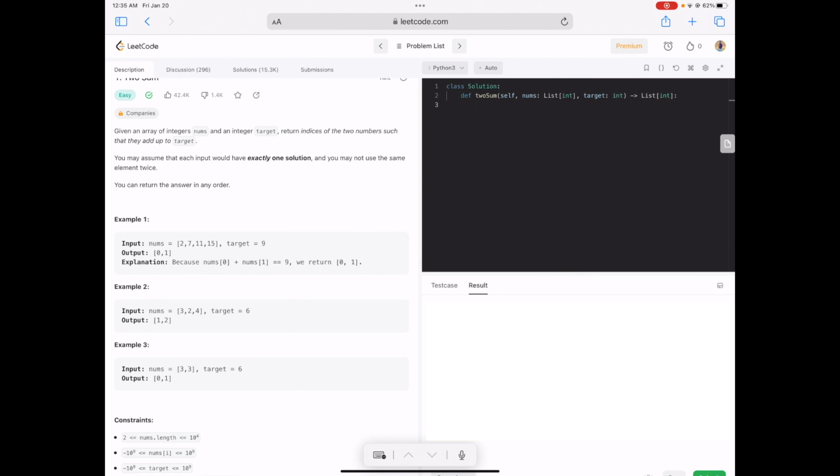So let us first create an empty dictionary. And then, okay, let's iterate for index, element in enumerate of nums. So our difference will be target minus element. And then we need to check if the difference is already present in the hash table. If not, we will add it and move on to the next element. So if the difference is in the hash table,